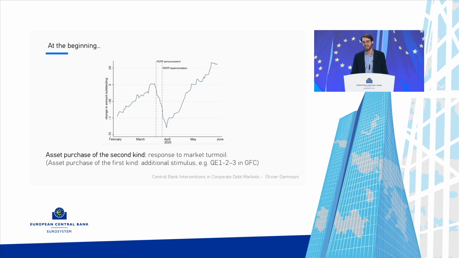So you've seen a version of that picture: the commercial paper market collapsed in Europe, and with the ECB intervention and announcement of a specific program to buy this commercial paper, the market rebounded. I like to think about asset purchase programs as typically having two sorts of objectives. I think this is more of an asset purchase program of the second kind.